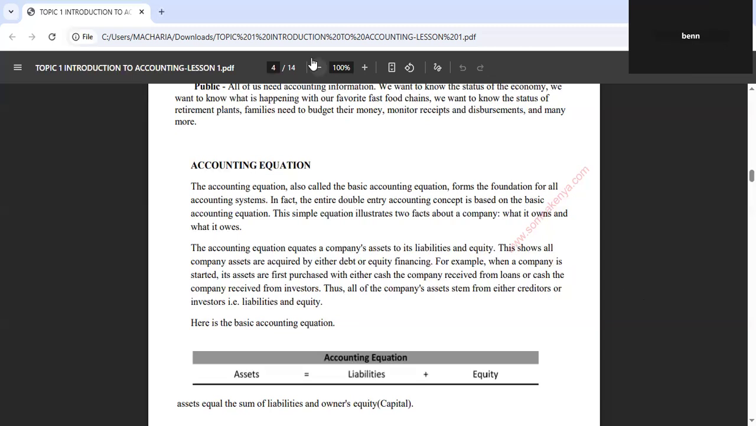I can see a message. Let me see. Okay. I'm saying